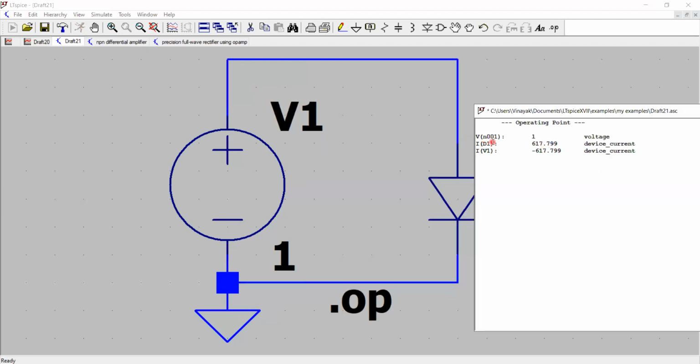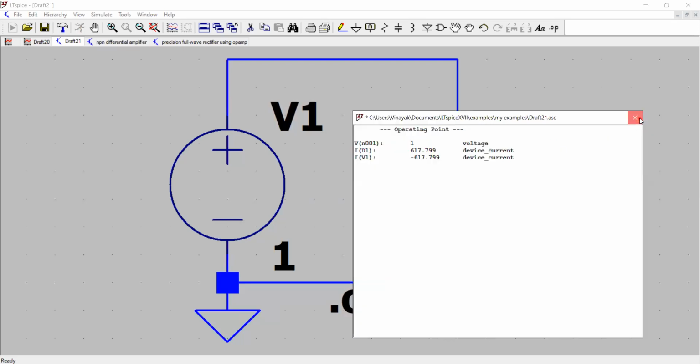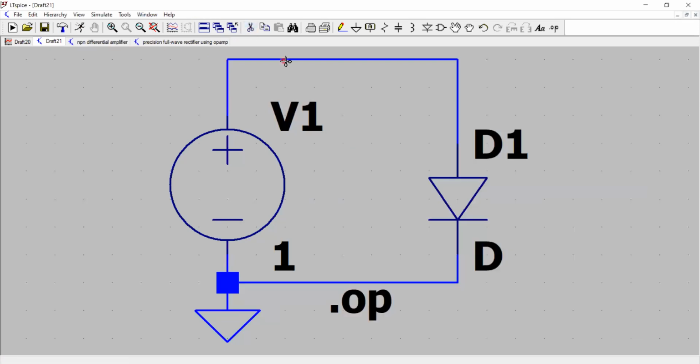That is the voltage at node 001 is 1 volt. So obviously this is that net or the node here. And the current through the diode is 617 ampere. That is not true. What we need to do is maybe place a resistor in series with the circuit so that we can actually